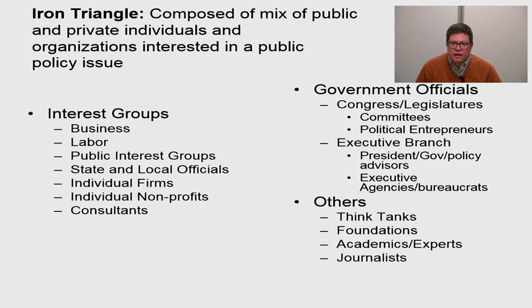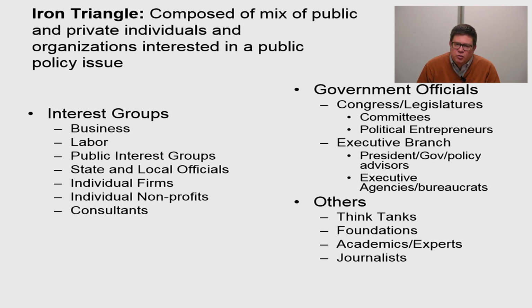You can have individual businesses, individual non-profits, consultants, and also, because many federal funds are funneled through state and local governments, state and local government officials spend a lot of time lobbying at the national level, as do local officials at the state level because of the amount of money and the amount of mandates and restrictions that are placed on them by either the state or the federal government. Government officials,